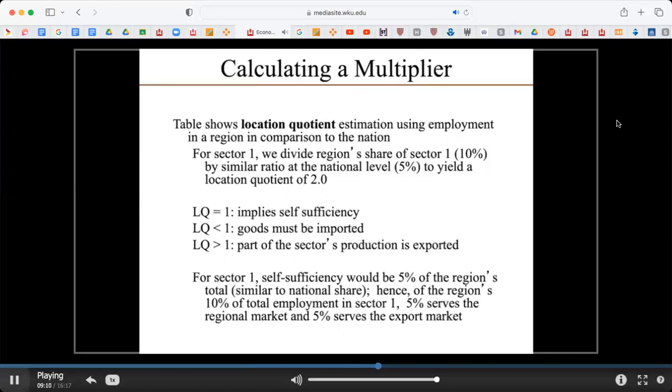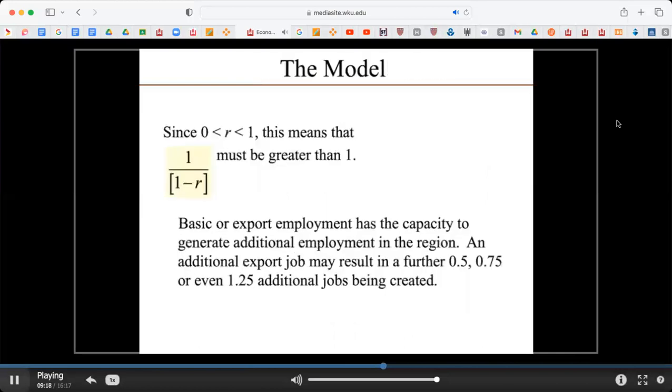So those jobs are a much more powerful indicator because of the multiplier effect that we're going to look at here in just a moment. And so here is the computation. Don't worry so much about the computation. The big thing is the ratio of below 1 and above 1. If it's greater than 1, it's a basic or export employment, and it has the capacity to generate additional employment opportunity. So for example, an export job may result in 0.5, 0.75, or even 1.25 additional jobs created